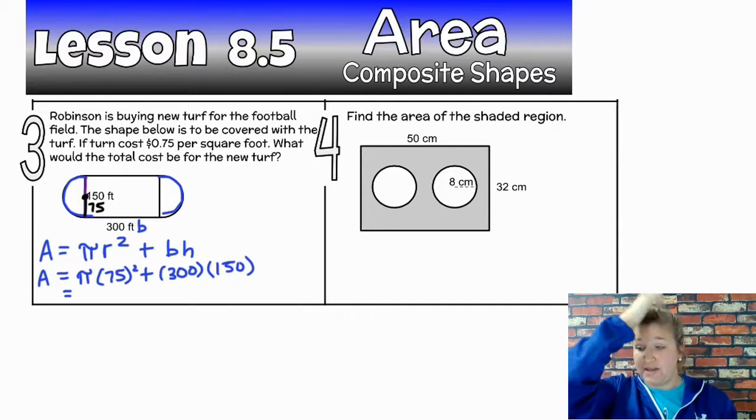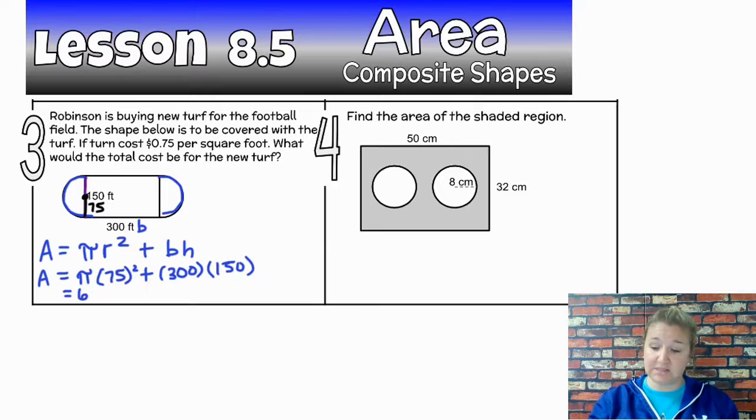And so now adding those two together, I would get 62,671, and it's point something. So even if it's 0.01, I'm going to have to round it up because I'm going to have a little bitty space that doesn't have turf on it, which doesn't make sense. So I can't remember what the decimal was. So I'm going to round this up to